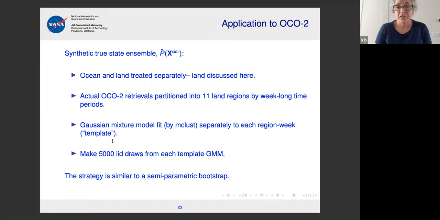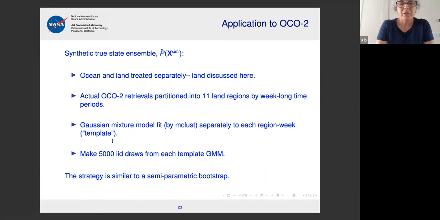Now, you could actually use anything to generate these synthetic ensembles. You could use a physical model. I could interrogate my favorite flux inversion modeler or my favorite CO2 scientist and just ask them to come up with something. But the most complete, most comprehensive, and we believe most accurate representation of what we know about the carbon cycle is provided by the OCO2 data themselves, and that's why we did what we did.